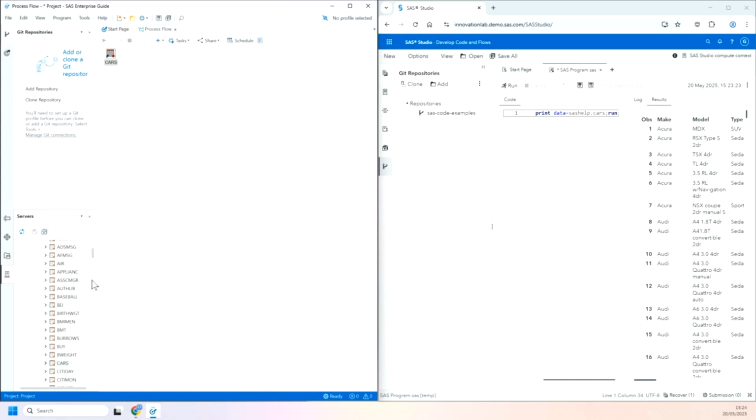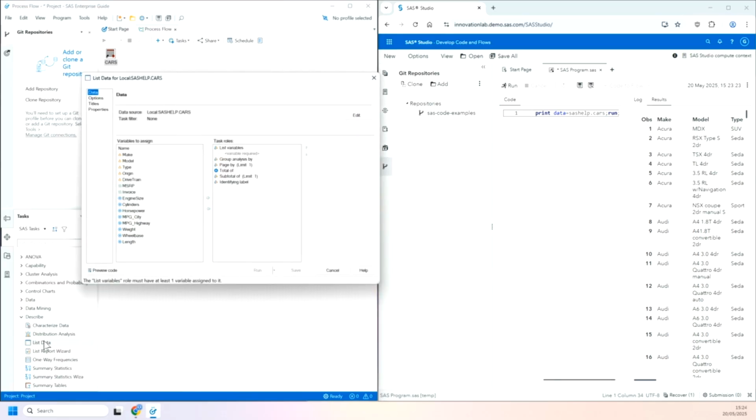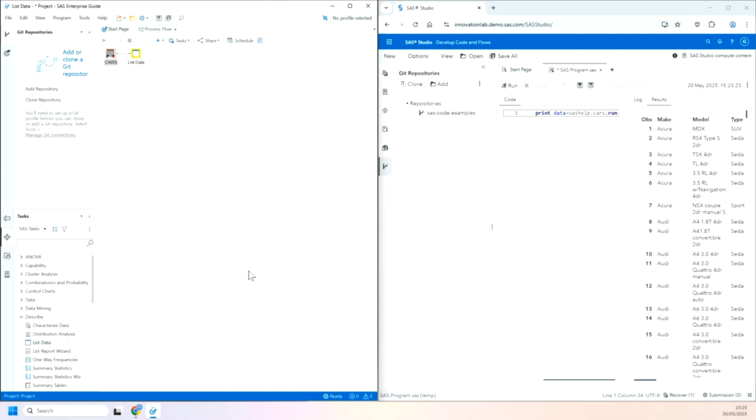Now we're going to do a list data task. So I'm going to click Tasks in the navigation pane, and we're going to expand Describe. Double-click the list data task, and that connects it to the cars table. I'm going to use my mouse and keyboard to select all the tables in the variables to assign pane, click the arrow in the middle, and send them over to the list variables, which essentially just says I want you to print all of these variables out. So again, just doing the minimum so that SAS can generate that code. Click Run,